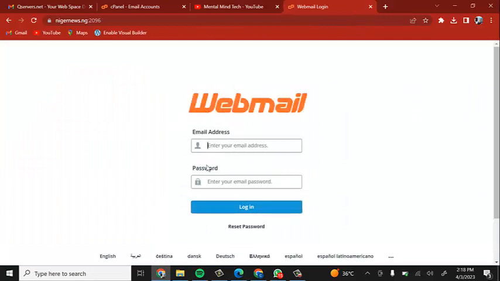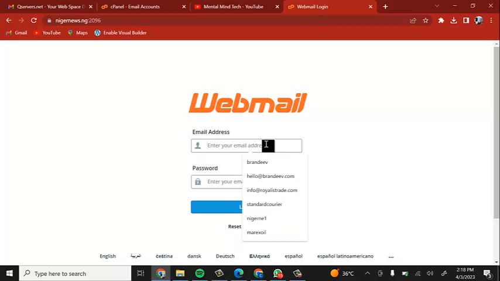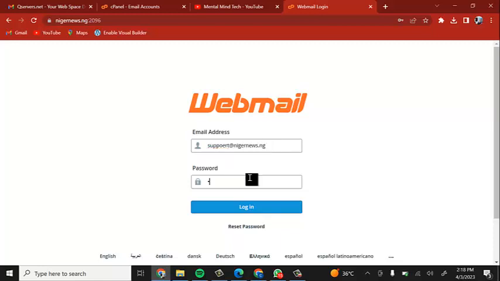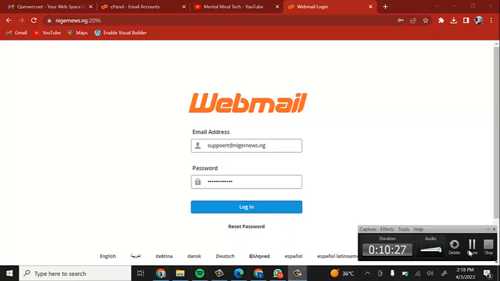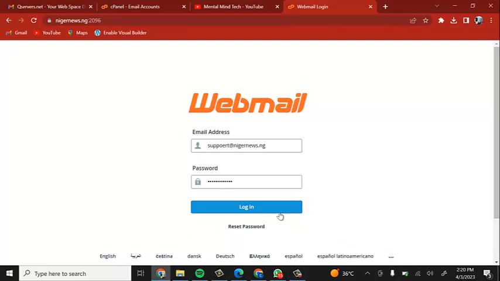All right, so this is the email address here, and this is the password which they're asking us to enter. Okay, so the username is your email address, like I said earlier. So you need to enter it right there. So it's support at nigeriannews.ng, and the password, we enter in the password. After entering our password, we're just going to click on login,